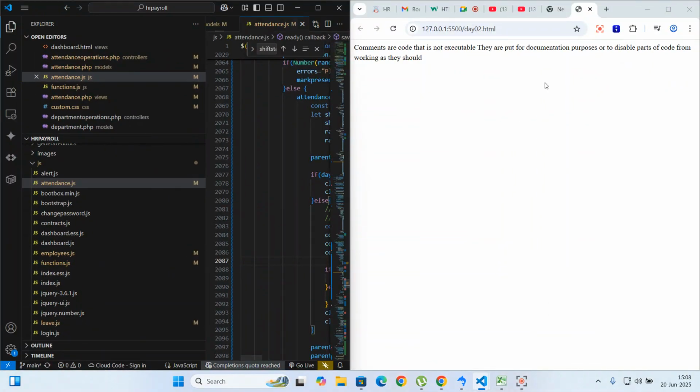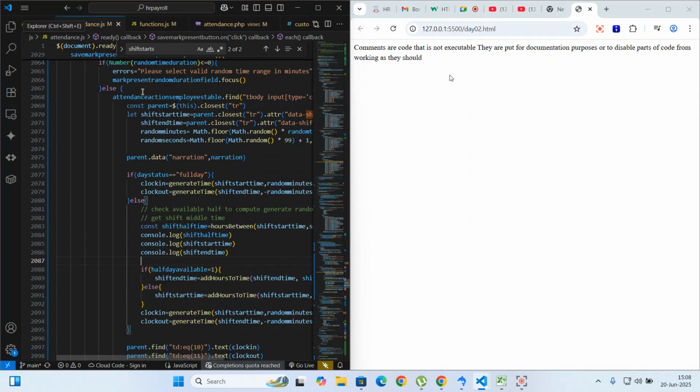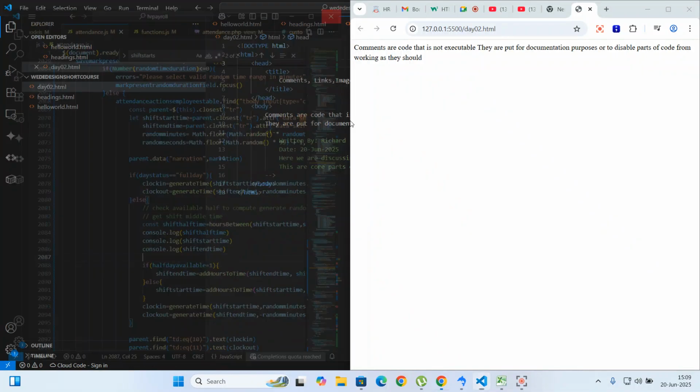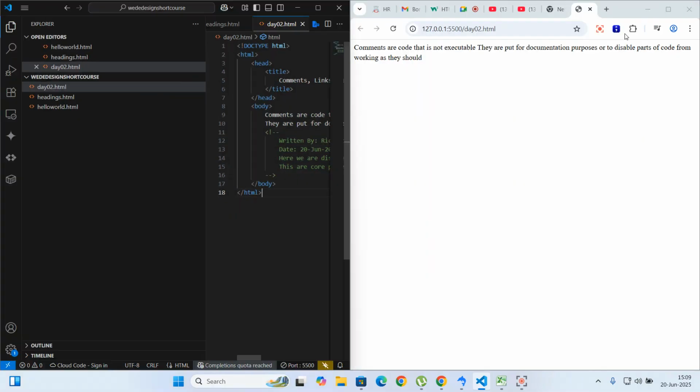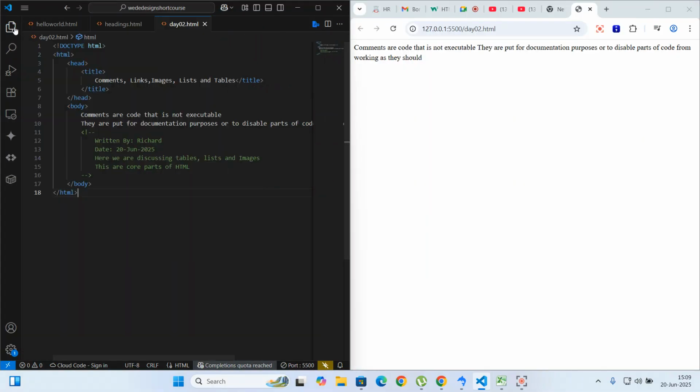Let me put that side by side here, like that. And of course, that's not the window that I wanted. This is the window that I wanted. Okay, so let me dispose of this. So actually that was okay. It was displaying the exact thing that I wanted it to display, which is the page that